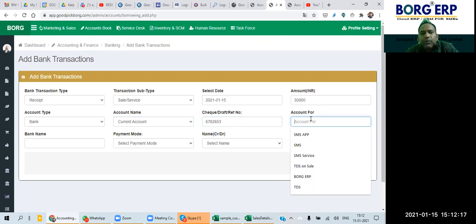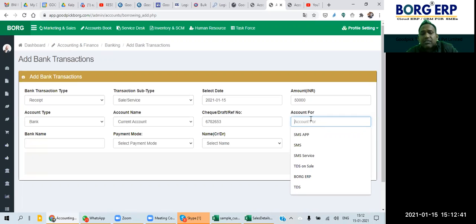If you want, you can make it mandatory, or you can update it, or if you want, you can leave it. Account for means you can just enter some keyword, just for your help, if you are taking a printout of this bank account statement, so you'll come to know against what that payment was received.